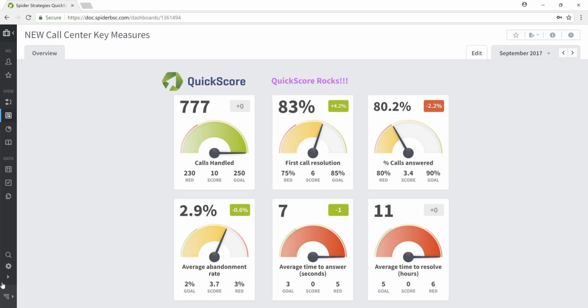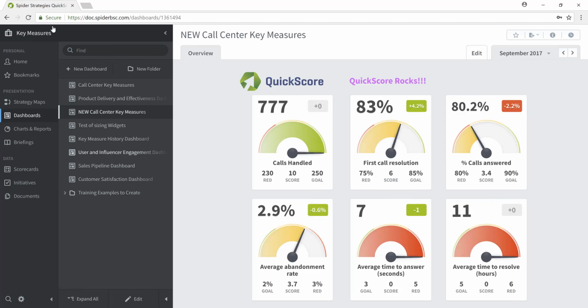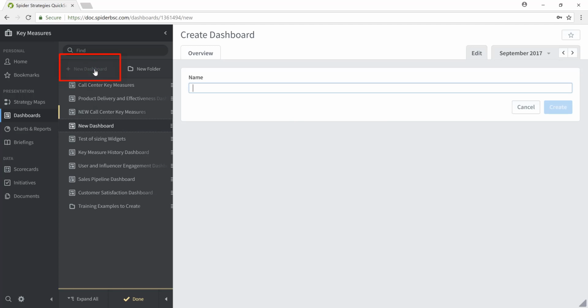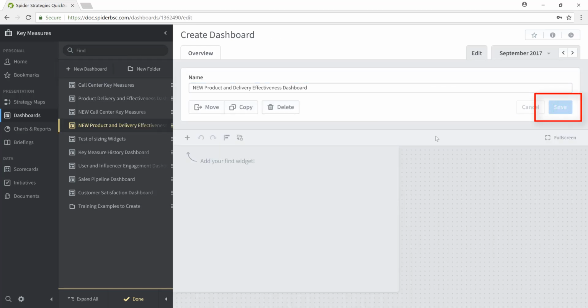Next, let's represent the primary and secondary navigation panes and show you how to create the product delivery and effectiveness dashboard that we viewed earlier. I'll start by clicking on the New Dashboard button, give this the name New Product Delivery and Effectiveness Dashboard, and click the Create button in the upper right. The Product Delivery and Effectiveness Dashboard is really quite simple in nature in that it's comprised of basically 3 bubbles